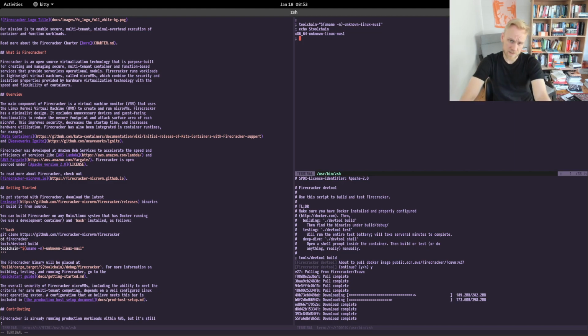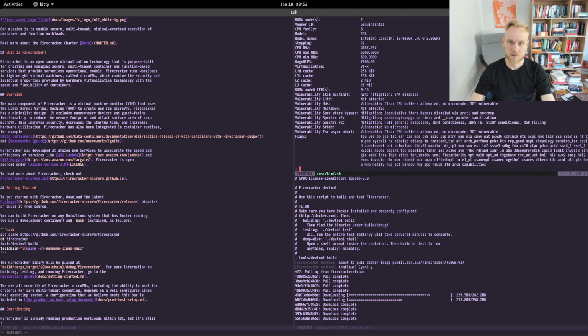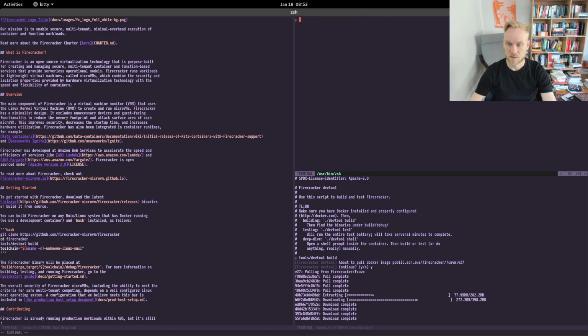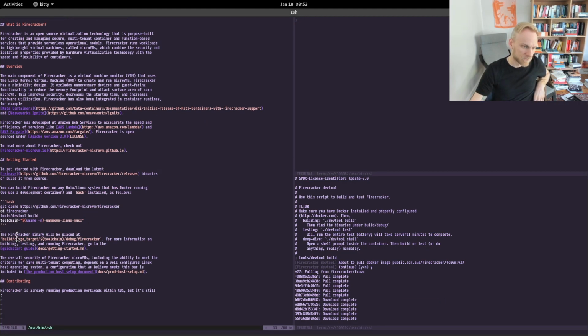This is an x86 Intel machine, an i9 9900K. This is curious because it doesn't mention cargo build.